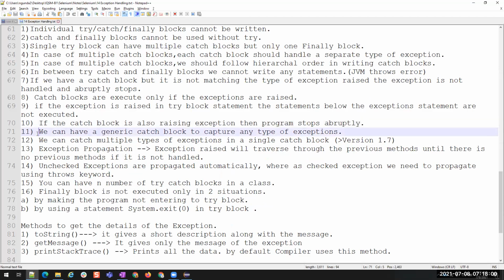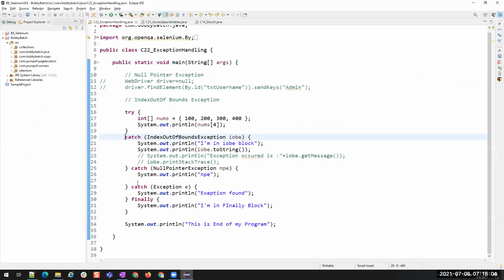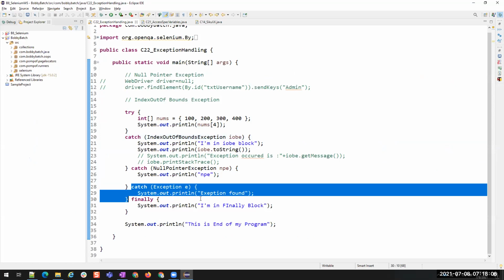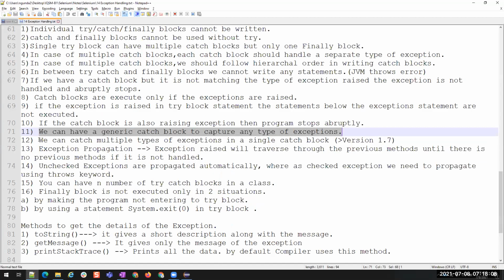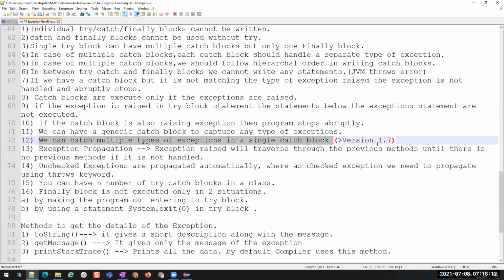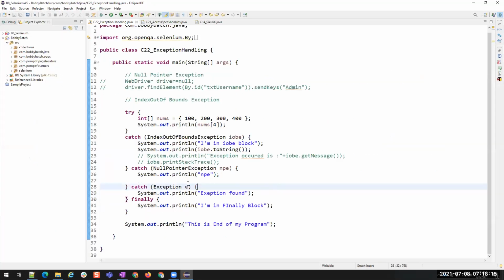And then we can have a generic catch block to capture any type of exception. And then we can have multiple types of exceptions in a single catch block. This is one of the things that we missed. Right. Now here you see, I want to